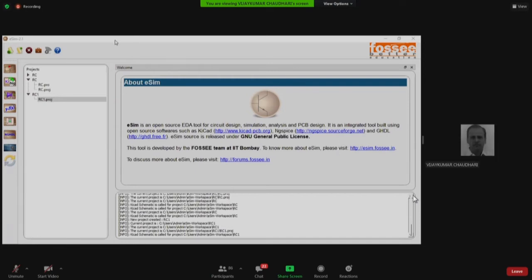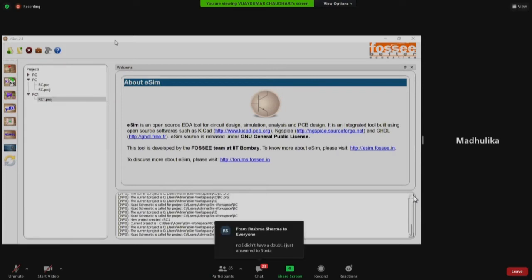I've placed one component, a resistor. It's too small. I want to know where the adjustments are. The adjustment can be made using the scroll key of your mouse. I'm using a laptop and the touchpad of the laptop. Okay, in that case, use 2 fingers to move it up and down. You will see the screen become big or small. Or you can use Alt F1. Alt plus F1.